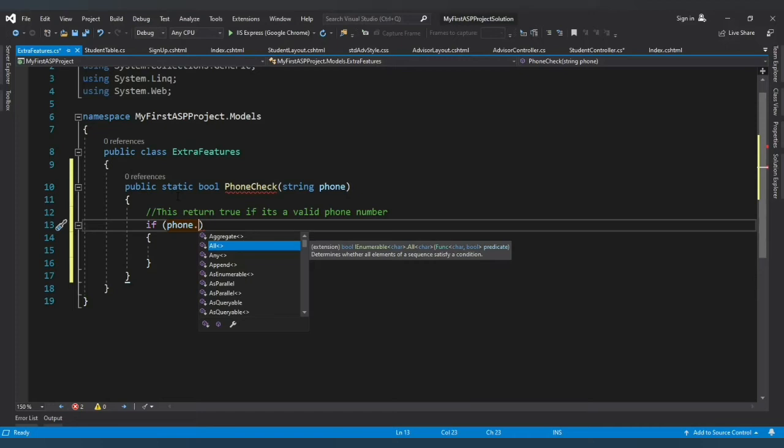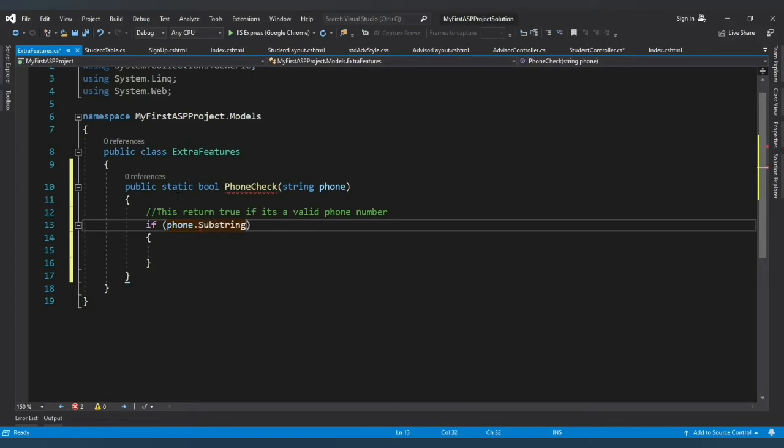We're going to use the substring, 0, 4, since +234 is 4 characters: +, 2, 3, and 4. So if substring 0, 4 is equal to +234, if it's equal to this,